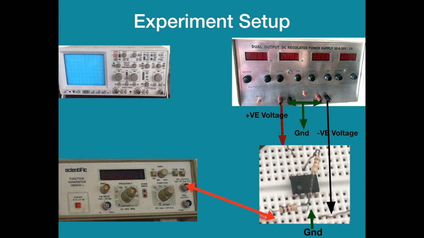The input is given through resistance to pin number 2. Input is provided by the function generator. All the cables which are connected have BNC to open connection. So we have 2 connections. So one is signal and another is ground. So all ground connections will be shorted. Now CRO is connected to observe the input. It's ground connection. The other channel of the CRO is connected to observe the output and the ground connection of the second channel. So this is a general setup which will be used in all the experiments, right?